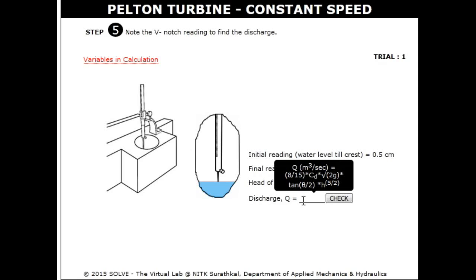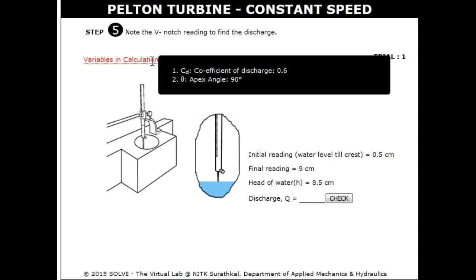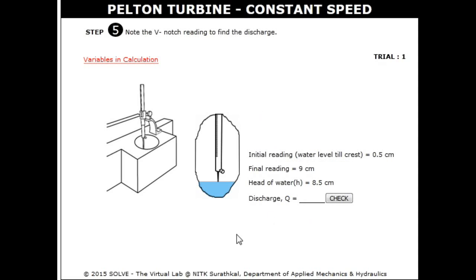So with the help of the V-notch, the discharge can be calculated by the equation given here. We will substitute the H value here. Only H is the variable. Cd is the constant that we will get from this table. It's a 90 degree V angle. Theta is also given, so we'll calculate and substitute now. Yes, the answer is 0.003 meter cube per second.